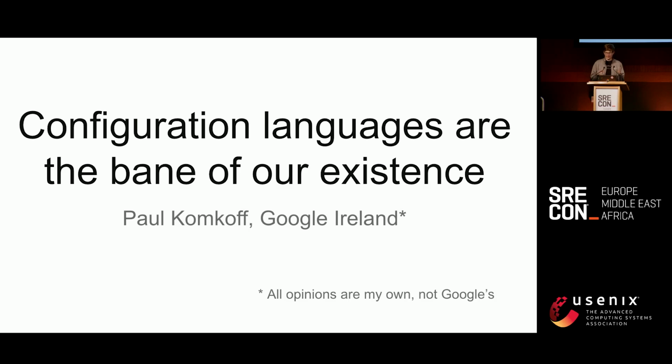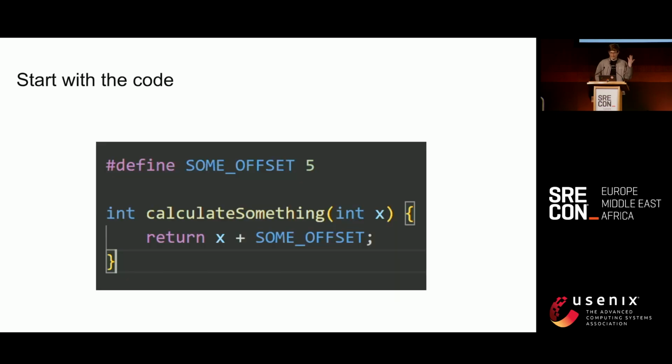I'm going to try using very old systems to prove some points, draw some unsubstantiated conclusions and provide some helpful suggestions. So let's start. What do we usually start with? We start with writing some code. So I'm going to write some program, and some offset is a configuration. I'm obviously going to write more.